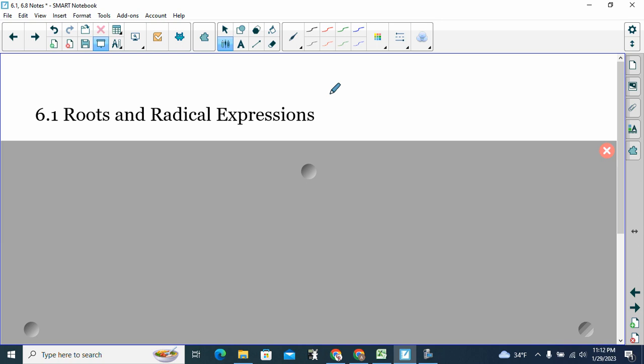So that was 6.0. 6.1 is on roots and radical expressions. Chapter 6 is all about radicals. We'll talk about multiplying and dividing them, adding and subtracting them. We'll graph radicals. We'll solve radical equations. Today we're just going to define what radical expressions are, talk about roots, and talk about how to simplify radical